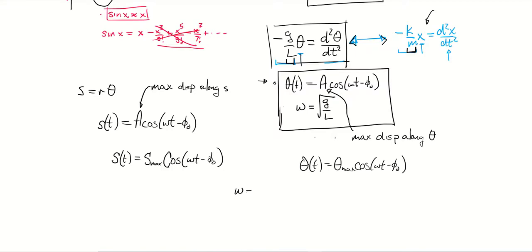And again, just to reiterate, in both cases, that angular frequency is the square root of g over L. And that's how we can describe a pendulum. Extremely similar or analogous to the simple harmonic motion of a mass on a spring, and a pretty common thing in introductory physics. The last thing I want to bring up in terms of